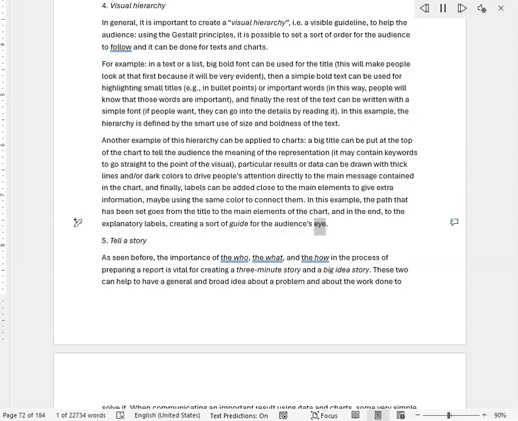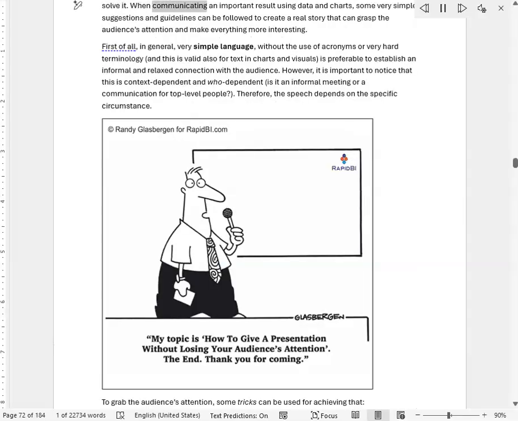5. Tell a story. As seen before, the importance of the who, the what, and the how in the process of preparing a report is vital for creating a 3-minute story and a big idea story. These two can help to have a general and broad idea about a problem and about the work done to solve it. When communicating an important result using data and charts, some very simple suggestions and guidelines can be followed